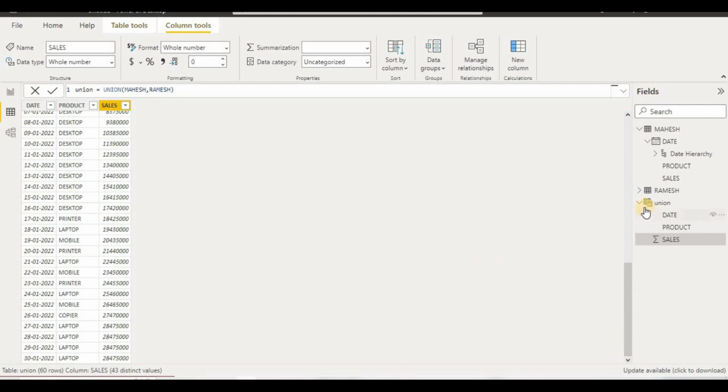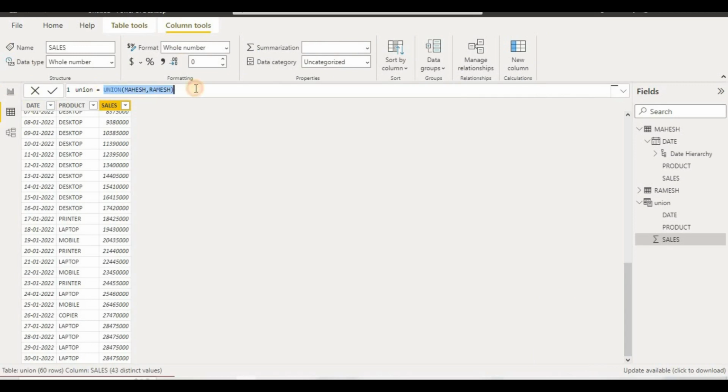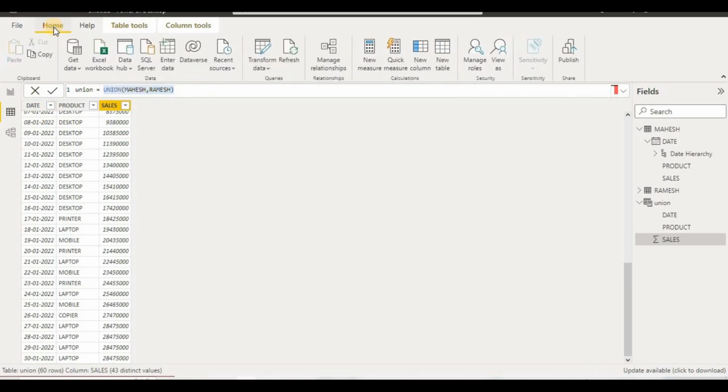Now if we want to find out the distincts, meaning what is not common, where common includes all three columns, all three values in a row, how can we do that? I will create a new table. I will go to Home, and from there click New Table,